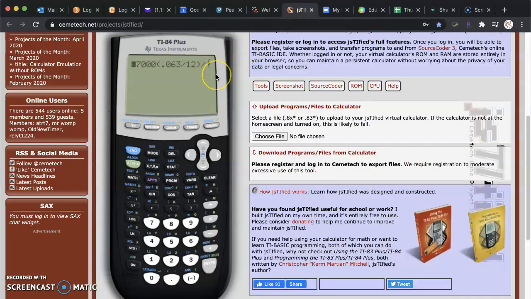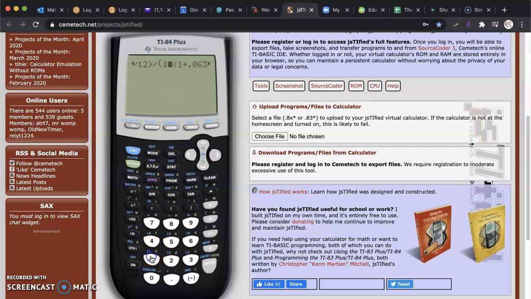Okay, so I wanted to point out a few things because some TI-84s can be a little bit different. So I have 17,000, and then I have my open parenthesis, and then 0.063 divided by 12, close parenthesis. Then hit your division symbol. Okay, after the division symbol, I'm moving that over so you can see, open the parenthesis for the denominator, and